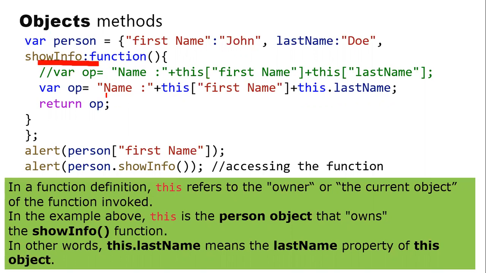Here I'm trying to return the first name and the last name, both values. I put them into some variable, and then I return the value of that variable. So what will happen? It's going to return the first name and the last name values for us. Okay. Let's see some practical example of how it's going to work.